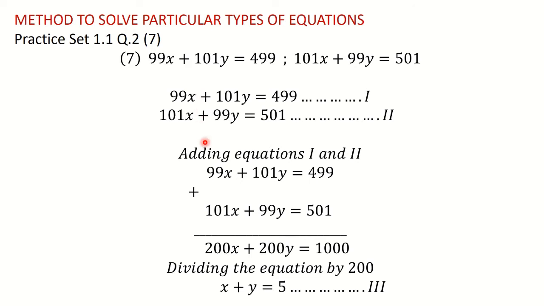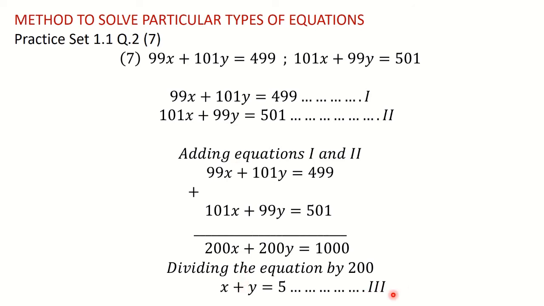Okay, so in this case, as I have told you, you have to go for the ASA method. ASA stands for add, subtract, add. Okay, it is not the ASA test from your geometry. Here ASA stands for addition, subtraction, addition. So first you are going to add two equations and you are going to get one simpler equation.